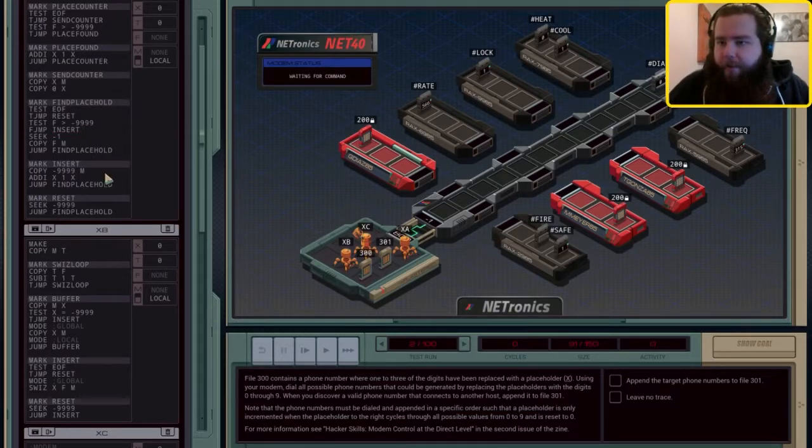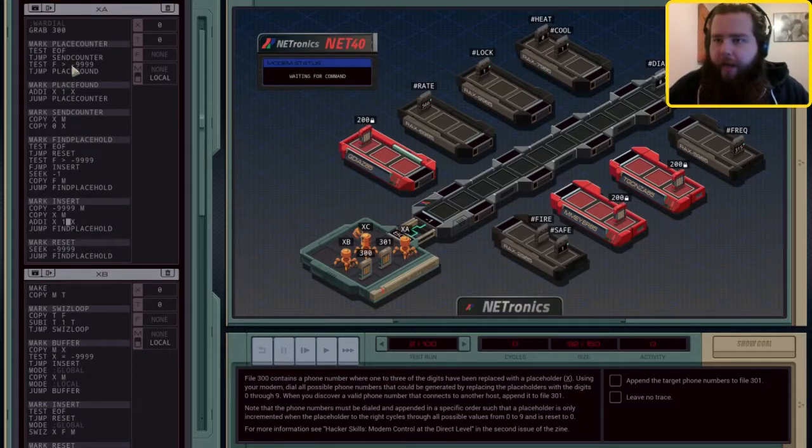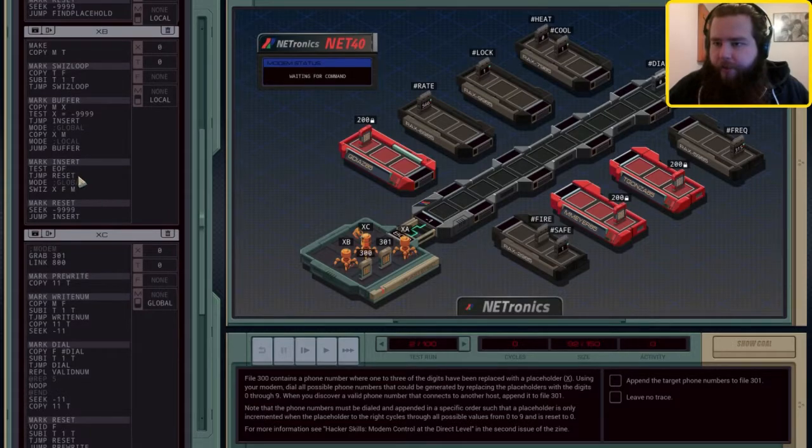Alrighty, so we send that over, and then we need to send over our X value, which is our counter. So we need to copy X to M, and then we add 1 to it, and then we can just go back and start finding numbers again, which is great. Cool. Okay, so this is going to do this,